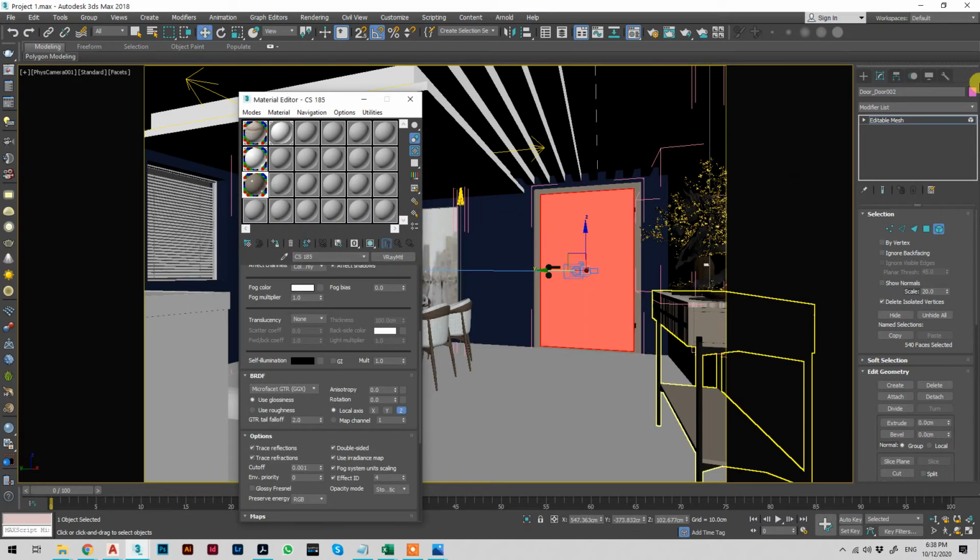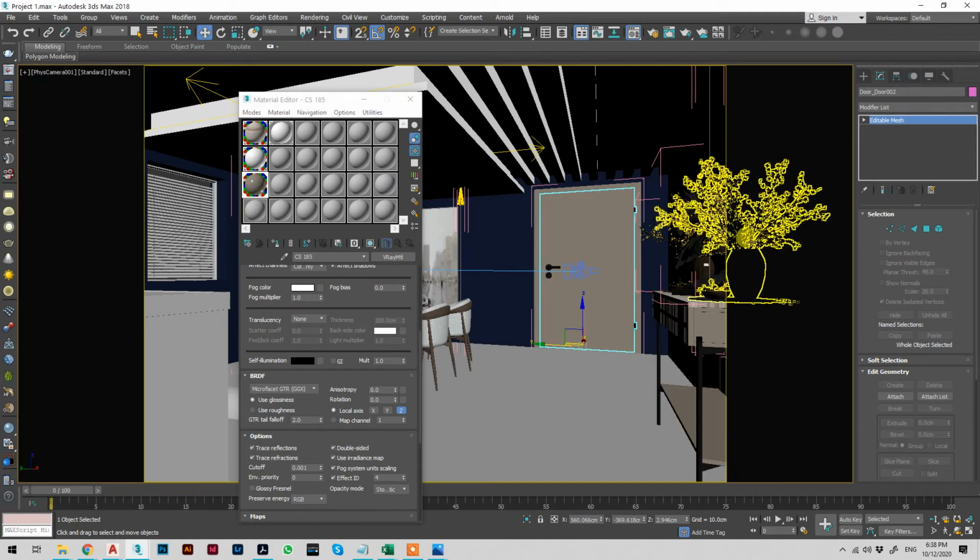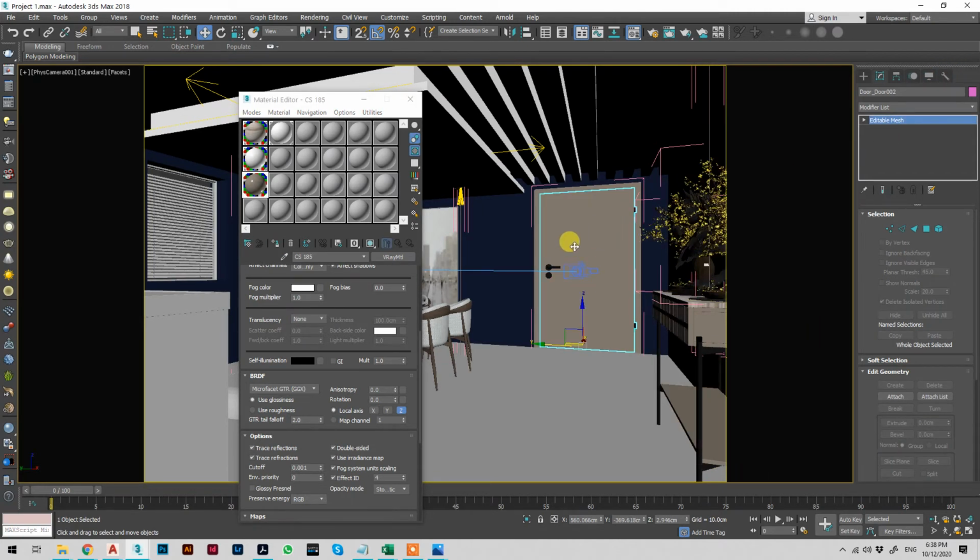I forgot that I added the black one. Okay, so now I have 2 materials, one for the door itself and one for the accessories. The same thing I will do here for the frame. I will select element and select